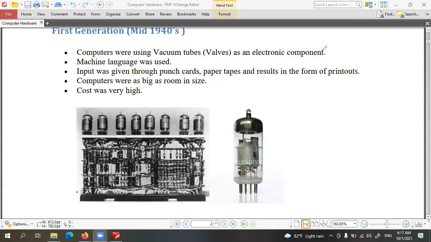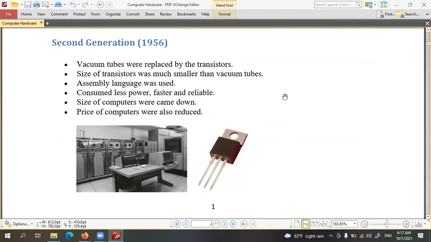Right. After that, the transistor was invented, and the transistor is a simple, very small version of the vacuum tube. Using those transistors, the earlier scientists were able to develop computers with more speed than the previous ones and smaller than the previous ones, which consume less power. You can see the characteristics. So the transistor is a significant development of the processing unit.